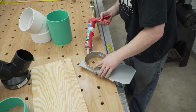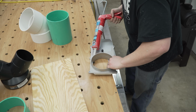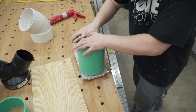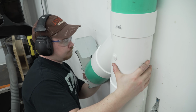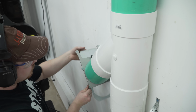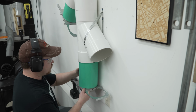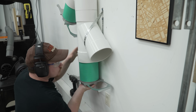The blast gates I'm using are recommended by Bill Pence and are the 6-inch self-cleaning aluminum gates from Lee Valley. The gates fit snugly inside the pipe and are attached with a small amount of clear silicone. All of the joints that had access all the way around were sealed with a bead of silicone. All of the fitting to fitting joints were sealed with a layer of foil tape, and all of the pipe to fitting joints along the wall, where I wasn't able to get a caulking gun to use silicone, I sealed